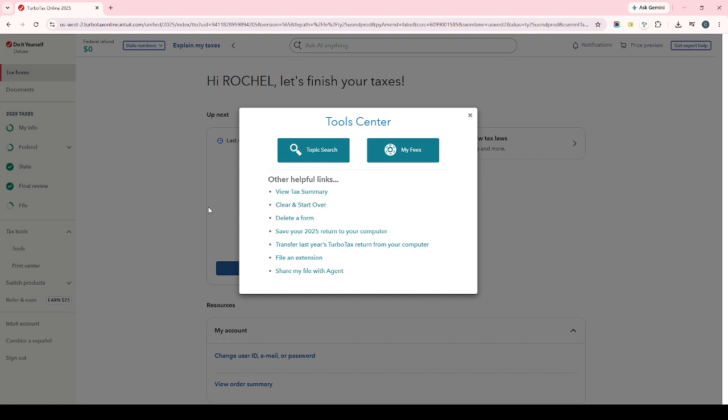So make sure that's really what you want to do before moving ahead. Take a moment here to understand what this means. Clearing and starting over usually removes the information you've already entered in the return, which can save time if your entries are incorrect or if you want a completely fresh start, but it also means your existing progress may no longer be available. If there's anything you may want to reference later, it's a good idea to review it before